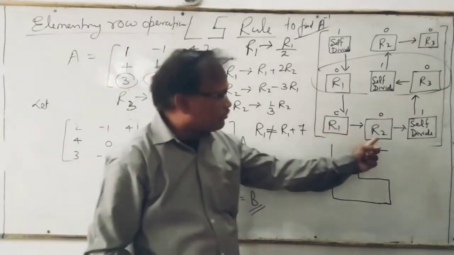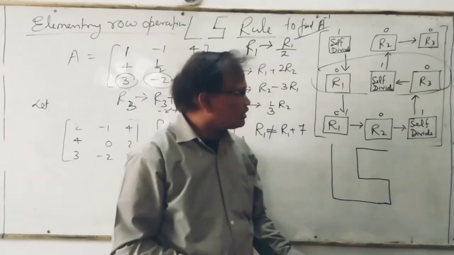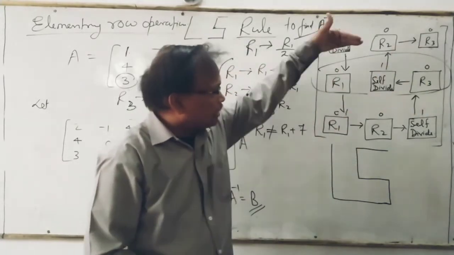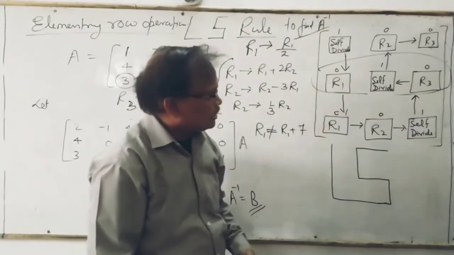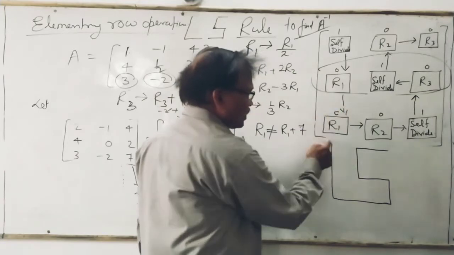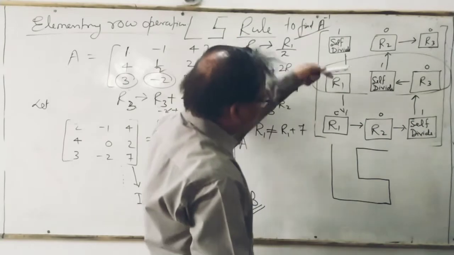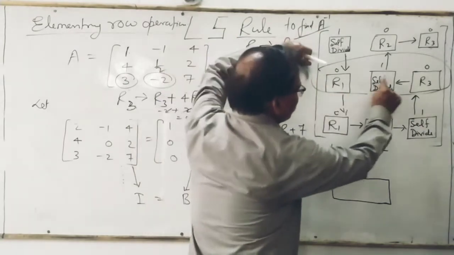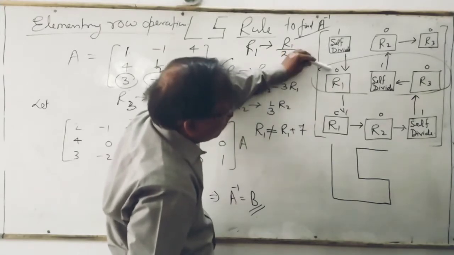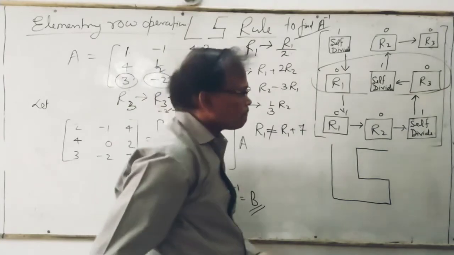So in this way you can get the 0. Means by any means you have to take only the R2, not the R1. अगर R1 लेंगे तो you will get a different value of this जो हम बना चुके हैं, फिर से ये चेंज हो जाएगा, क्योंकि इसको लेने से ये 1 है हमारा, इसमें भी तो चेंजेस हो जाएंगे. But this row, if we take for this element, तो this is 0, this is 0, there will be no change in these two elements. तो इस एलिमेंट में कोई चेंज नहीं होगा.